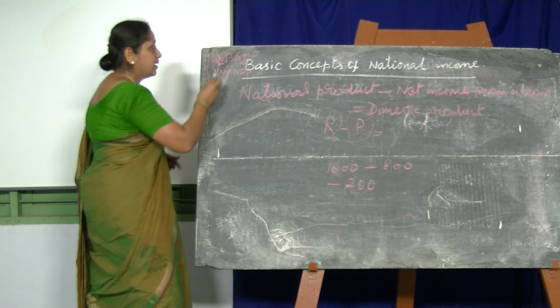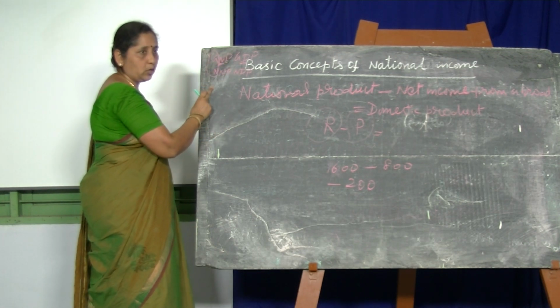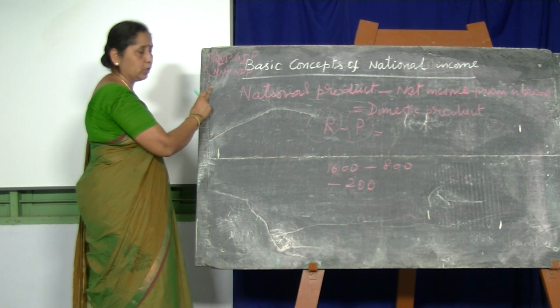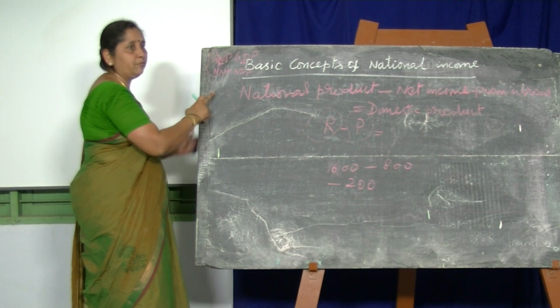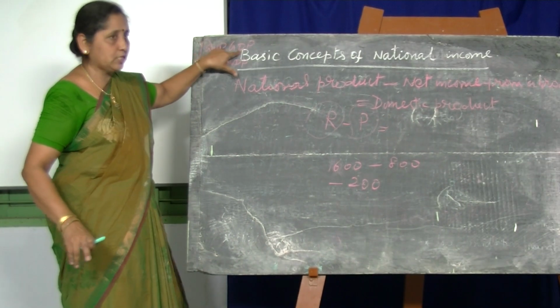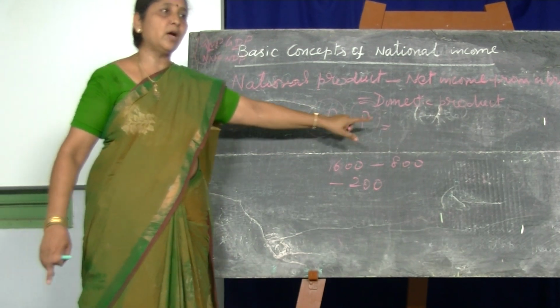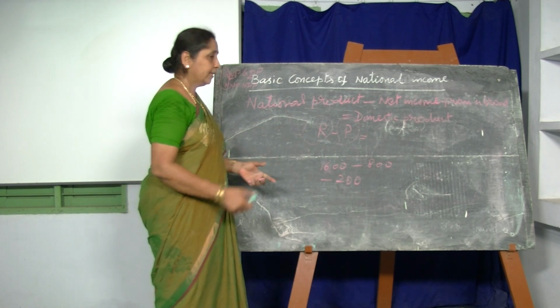So the second part is, first thing we saw the difference between gross concept and the net concept. So that depreciation is the reason for making the difference. Next is national and domestic product. It is a net income from abroad that makes a difference between national product and domestic product. The next comes